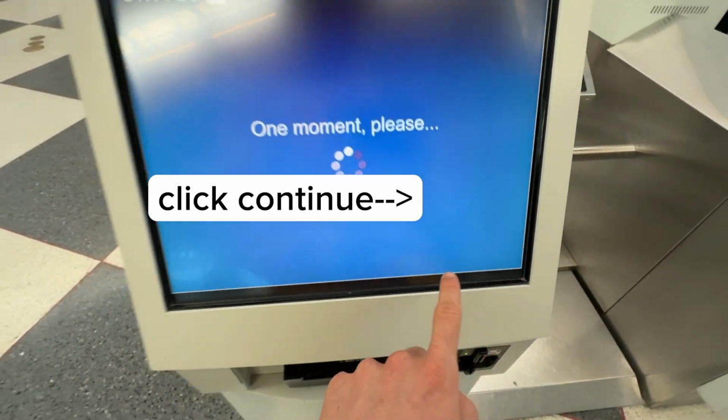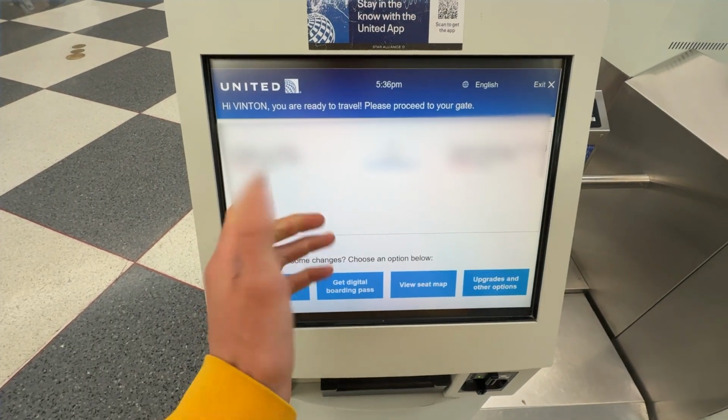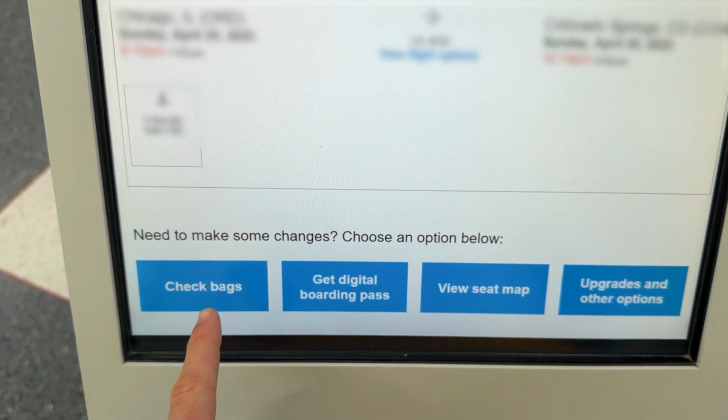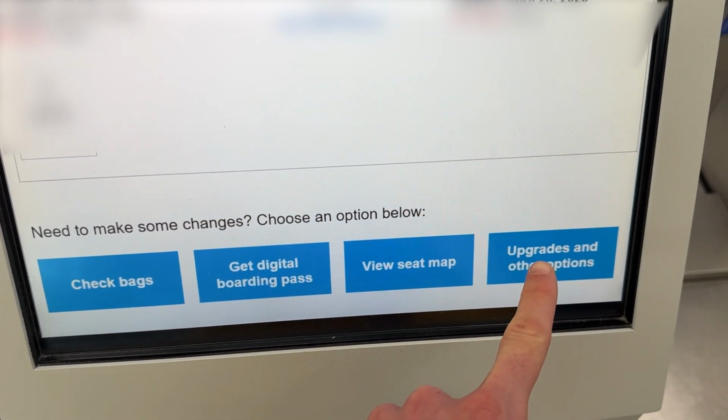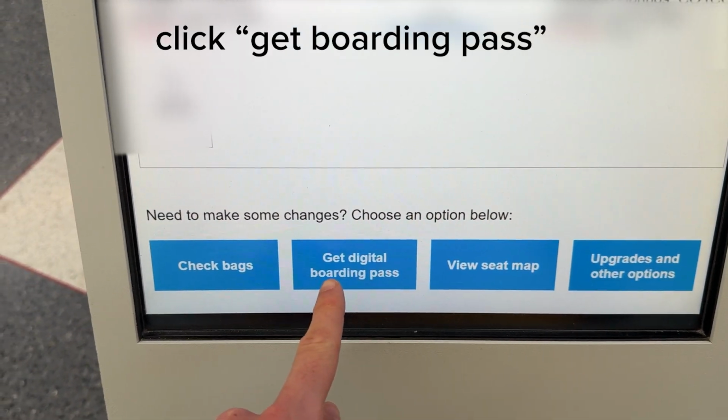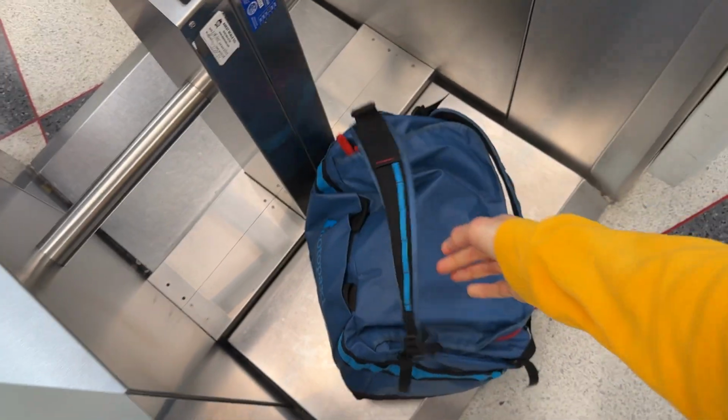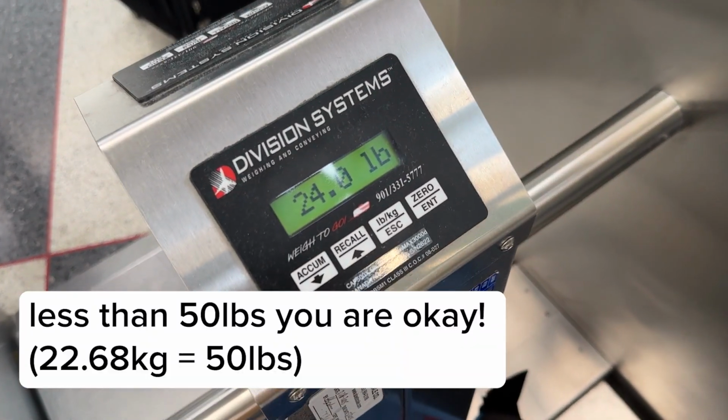Once you've done that, you simply will have this pop-up screen like here once you pass this step, where it will display your flight info, and you can check your bag, get digital boarding pass, view seat map, or even upgrade your seat to other options just on the screen right here. And it is important to note, if your bag is over 50 pounds, then you will have to check your